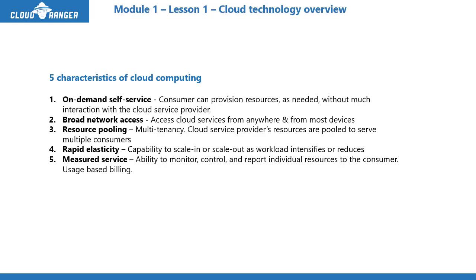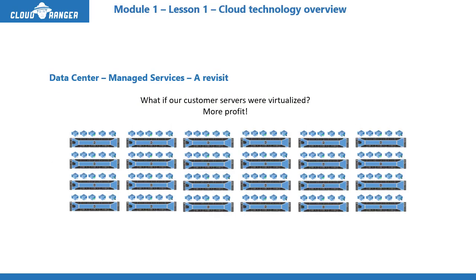Okay, so these are the five characteristics that, at least NIST finds, you need to be a cloud provider. If somebody is not providing you that, they're not necessarily a cloud provider. They're just providing you some resources somewhere. So if you look at this slide, that model has been there for a while, but it was never really called cloud because one of those five characteristics would be missing. Either you could not self-provision, or you probably did not have the elasticity.